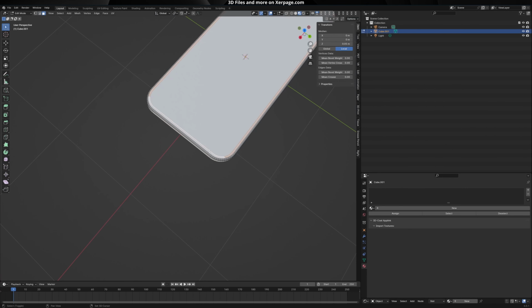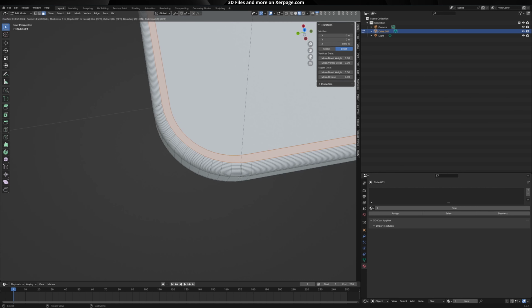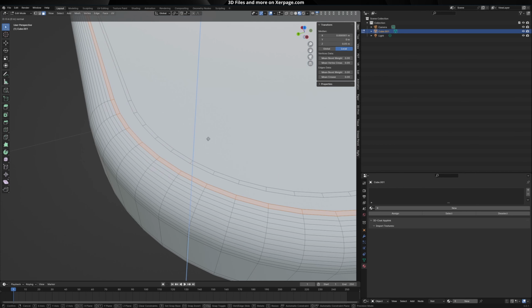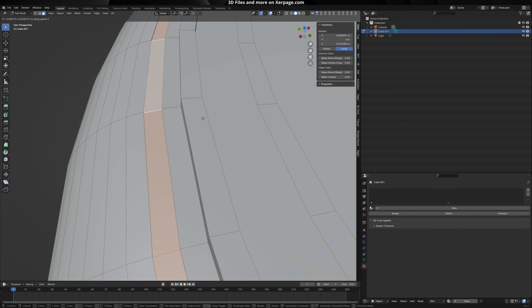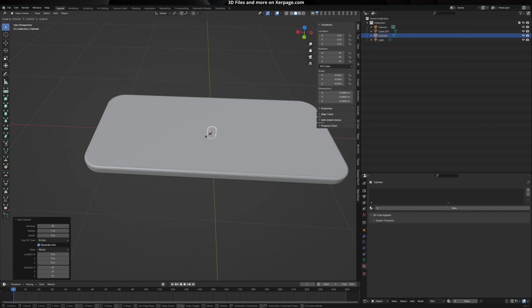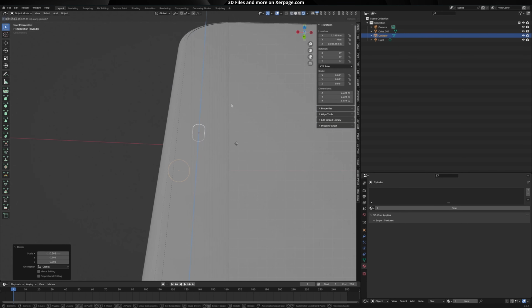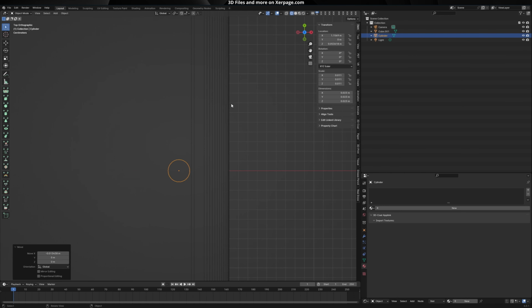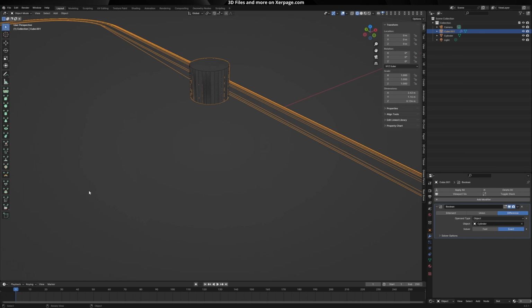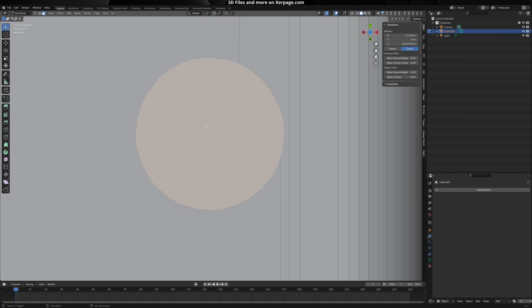Now select these 2 faces and press I on the keyboard in order to insert a face. In order to add some details, extrude a little bit some face loops. Add a cylinder to the scene. This will be the front camera of the phone. I recommend you switch to wireframe view, and after that just use a boolean modifier and select the cylinder. Now press Shade Smooth, and when you go to edit mode, by pressing Tab on the keyboard,